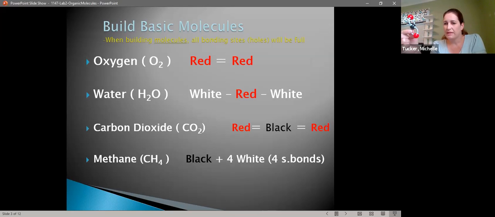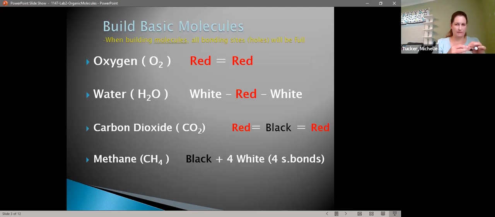Do the bonds represent the lines in the colors? Yes. So on the PowerPoint, these represent a double bond. So carbon is going to be double bonded to oxygen and carbon to oxygen. When we get to methane, I didn't diagram that one out as well. But yes, these are kind of a roadmap: this is a single bond and this is a single bond. When we get to methane, which is next,